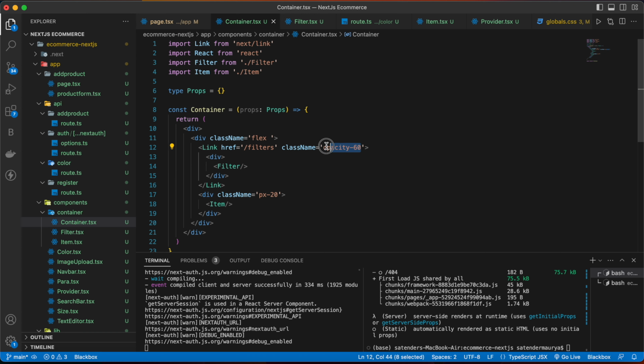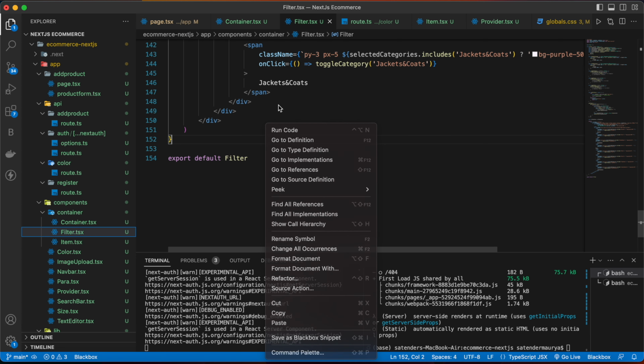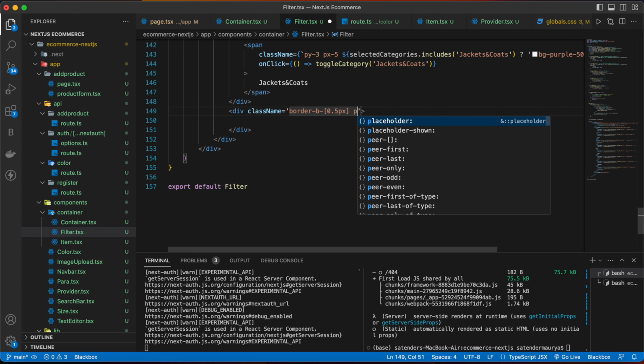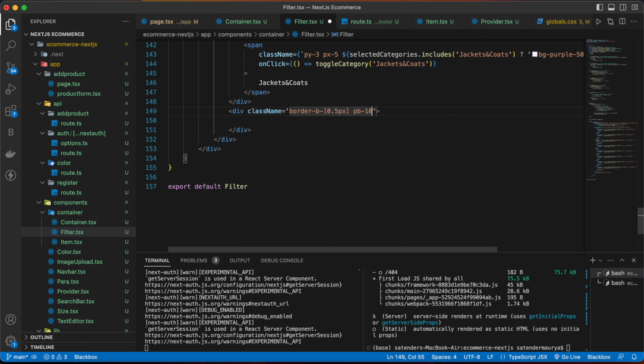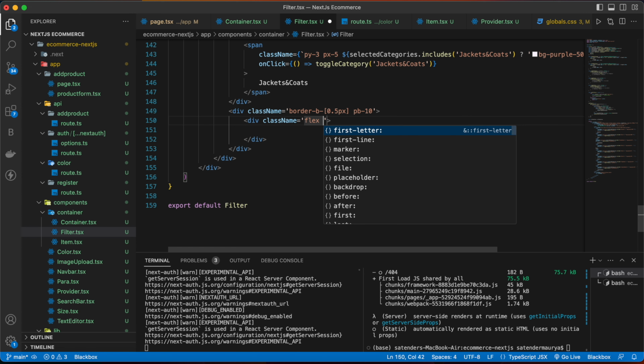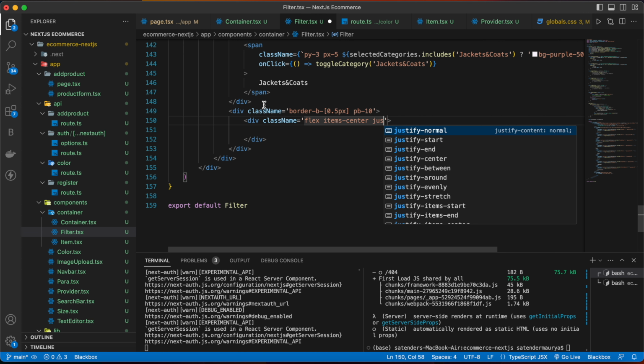If I remove this, and below this div, make one more div with the class name border bottom of 0.5 pixels, padding bottom of 10, and then inside make one more div with the class name flex items center, justify between